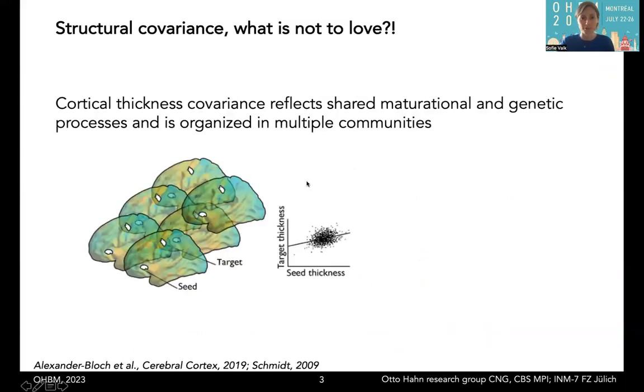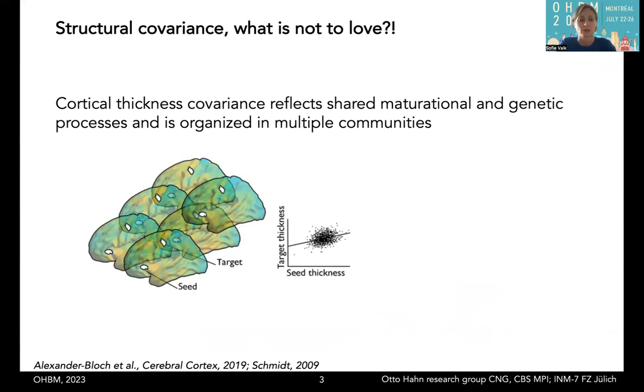I have no disclosures. So structural covariance, what is not to love? As I also said this afternoon while practicing this talk with my lab, I really have to say structural covariance is one of the most amazing metrics that one has of the brain. In particular, I will focus on cortical thickness covariance in this talk, but there are many different things you could covary. In theory, you could covary everything. But I think for the focus of this workshop, focusing on cortical thickness covariance is the most informative